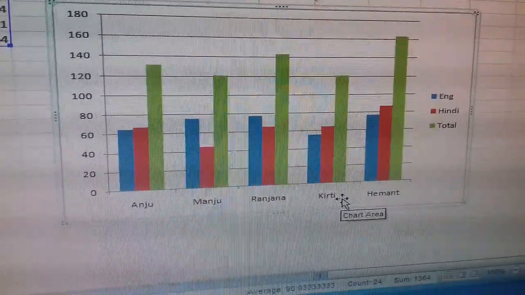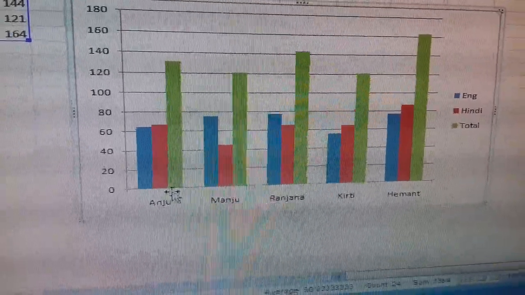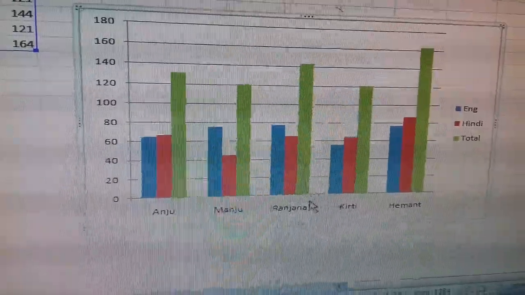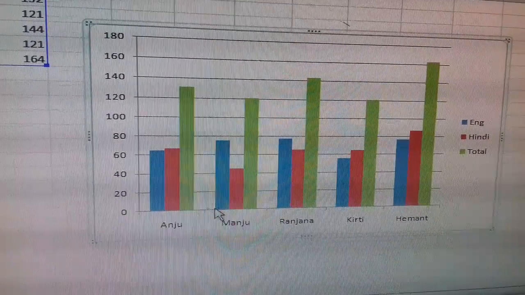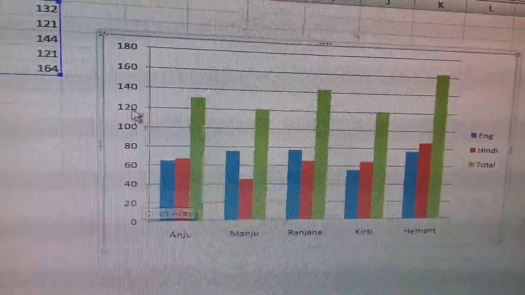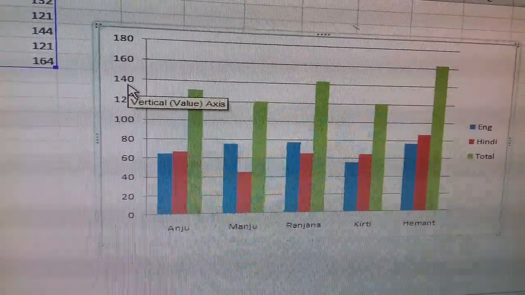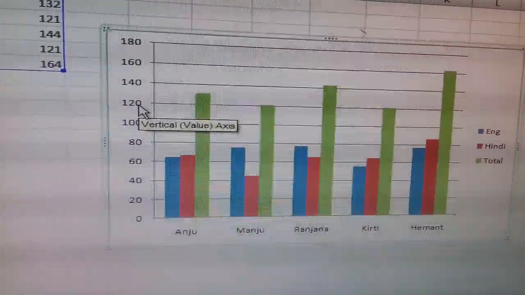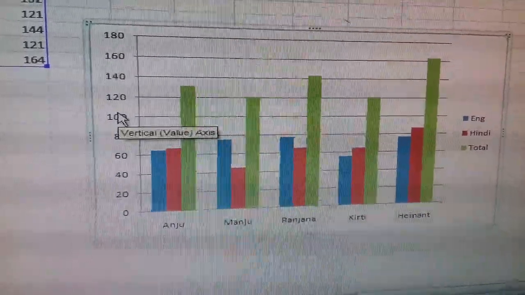Now see, here you can see the different names, Anju, Manju, these are called category axis. Category axis or the x-axis is the horizontal axis of the chart, and this is called value axis, or in the mathematical way we say y-axis, the vertical axis, which is used to plot the value. It is located on the left side.